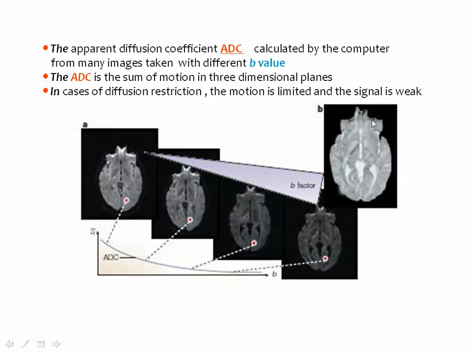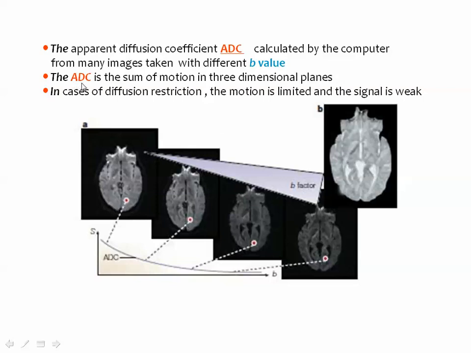Then the computer will have the sum of signal in different images obtained with different b values. You start by b0, which is exactly T2, and you may obtain images at b100, b200, b300, and so on. Then the computer will look at these images and start to calculate the